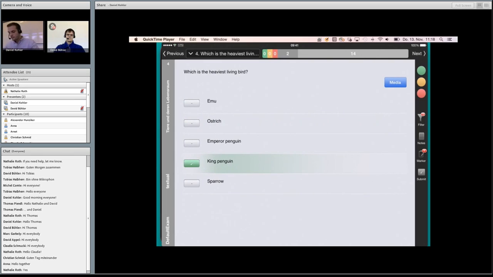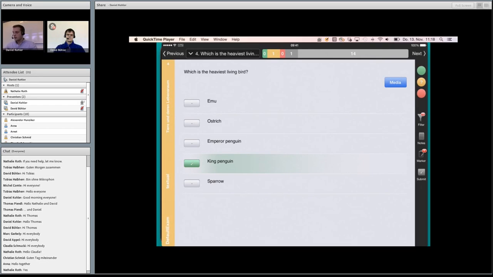So now this is a question where I marked some answer, but I'm not really sure about the correctness of the answer. So what I can do now is use a traffic light system we've built in on the top right there. And I can mark this question with a level of certainty.